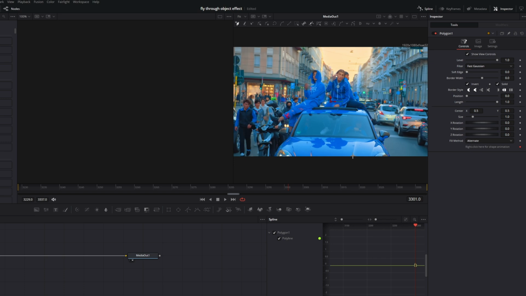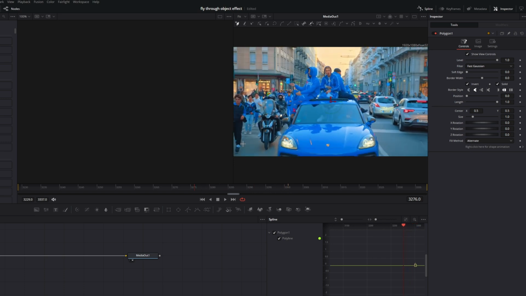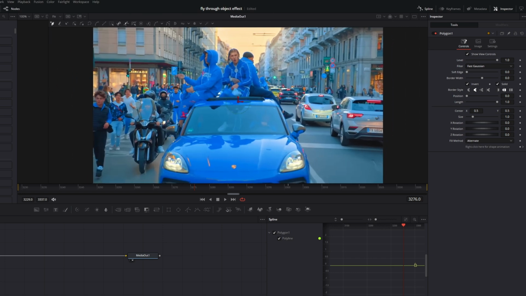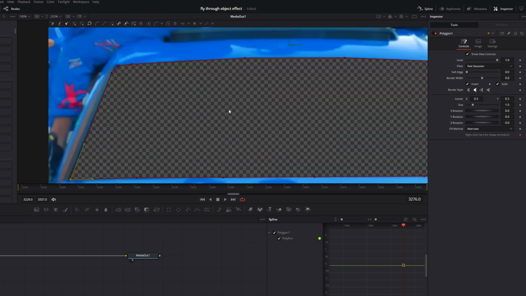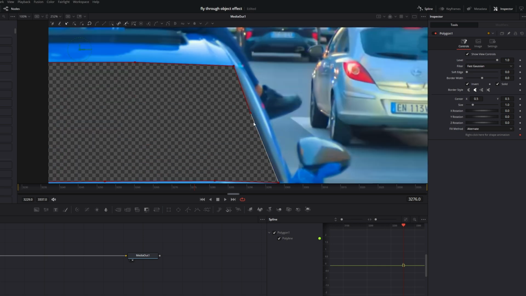Then I go to my starting frame in which I want to mask out the windshield. So this will be my starting frame, and now I try to mask out the windshield. Okay, nice. And now I want to smooth out the outline of my mask, so I go into the inspector